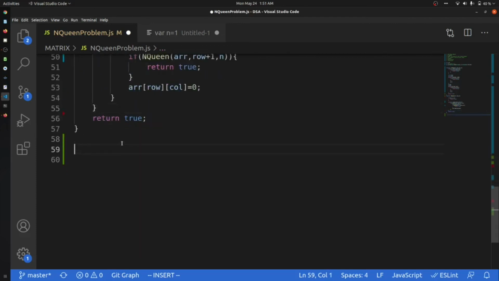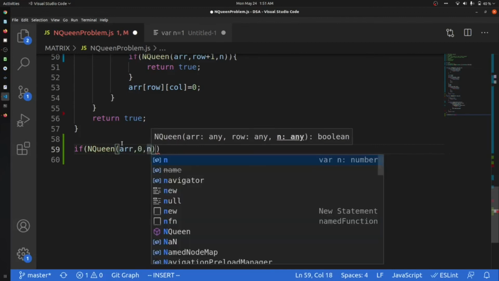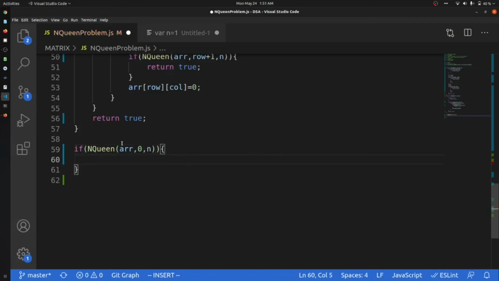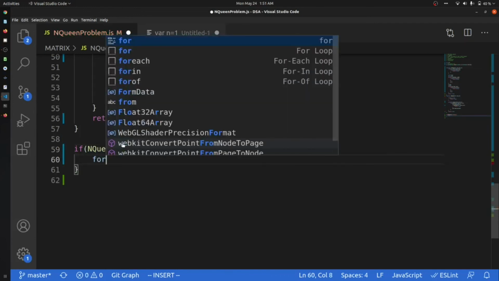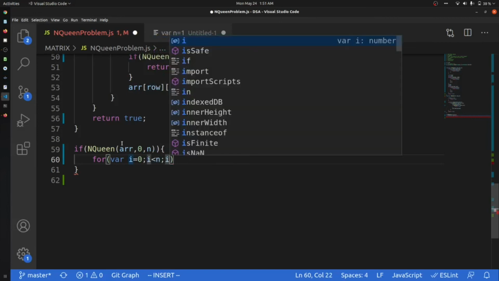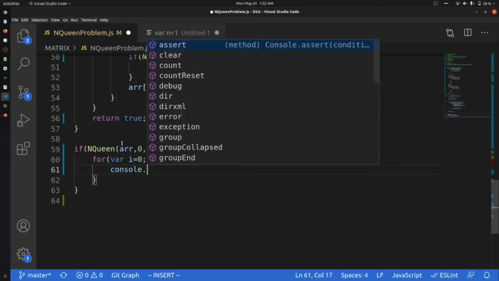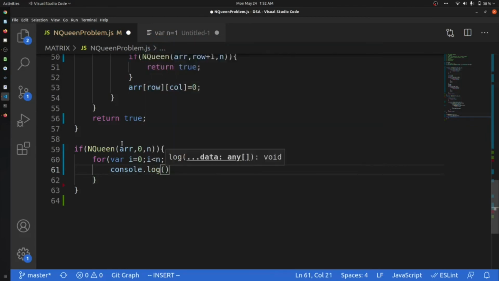Now let's print. We call nQueens, passing the array and the first row, and since the index starts from 0, we pass 0 and n. If it returns true, we will print the array, or the matrix we have, with console.log of array at the index i.